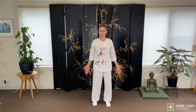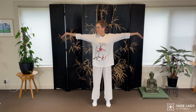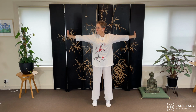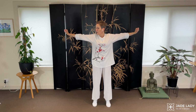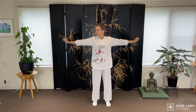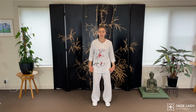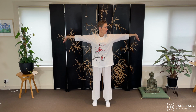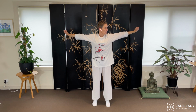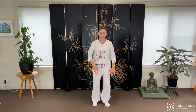Out to the side, and we're looking left, but feel free to watch me. So you get a good look at the wrists, extend them down, circle, and then notice the fist. It's a phoenix eye fist. Index finger is poking out, thumb to the side, out to the other side. Lifting the heels just a little bit, circle, forming the phoenix eye fist, and lower, pressing back now,